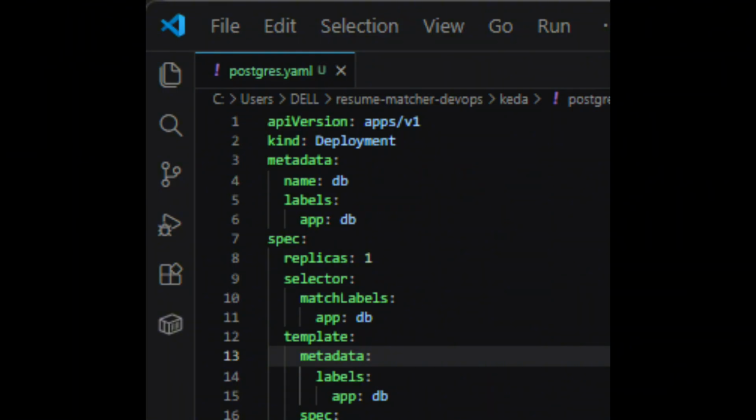So I changed the YAML files with replicas 1 for the database and for the deployment of the resume matcher GSCR application. Both have 1 replica present. Previously it was 0 replicas. Now it is 1 replica by default. I'll explain the reason later in this video, then you will understand why I made it